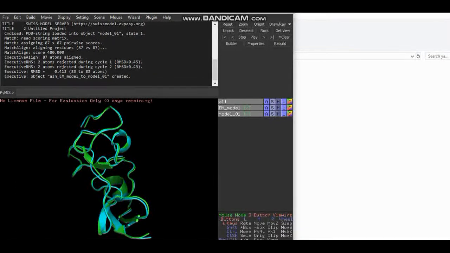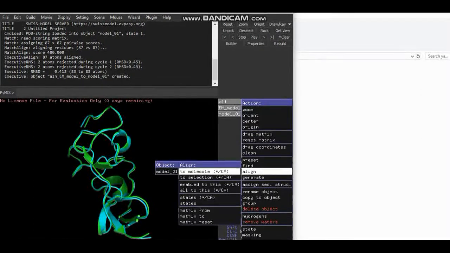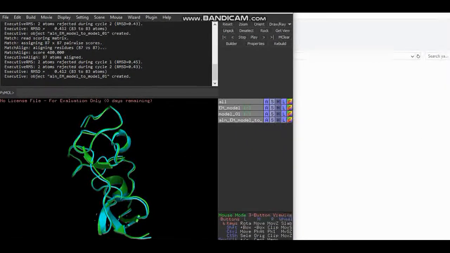We can align or superimpose one molecule over the other to calculate the RMSD value. Go to Action, Align, two molecules, model 1. You can see the RMSD value is 0.412. If you superimpose molecules with the same conformation, the RMSD value would be 0. Here it shows a difference in conformation, which is why the RMSD value is 0.412.